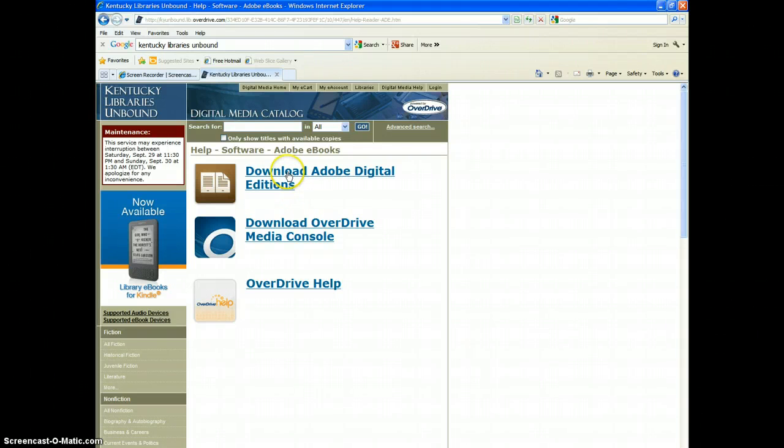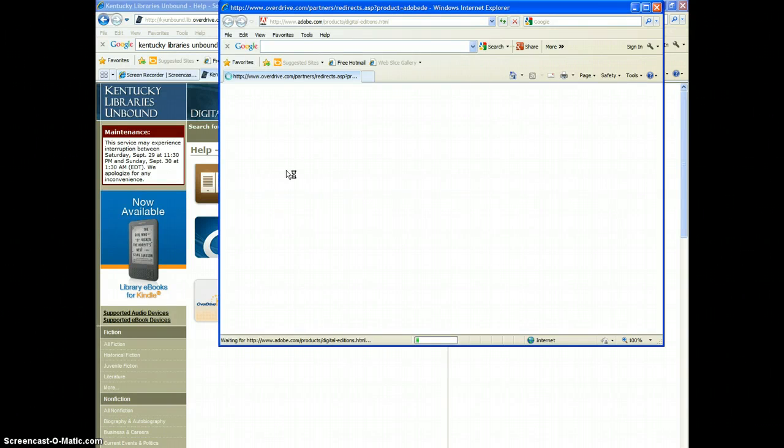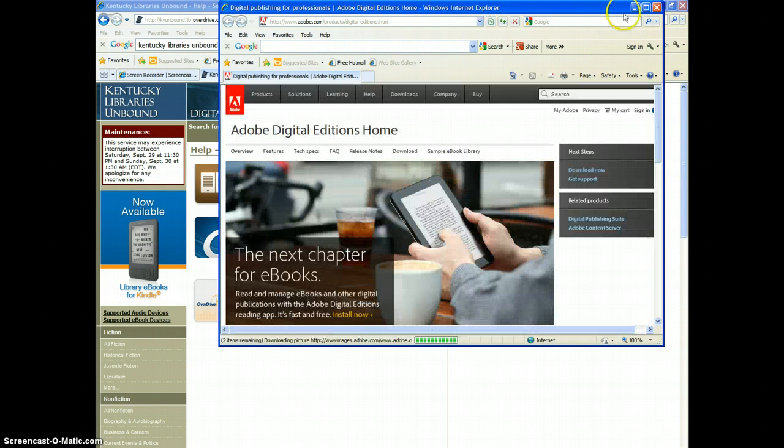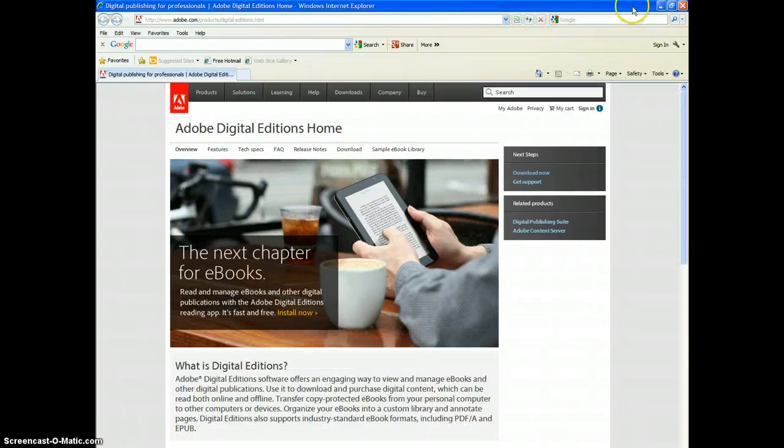It's going to have another link here, download Adobe Digital Editions, and you will click on that, and it will redirect you to Adobe's site where you can then download that. This is a different piece of software than most people think of when they think of Adobe. They think of the Adobe Reader, which helps them open PDF documents and view and save those files and transfer those files. This is actually a totally different program. It's just dedicated to ebooks, as you'll see here in their little cover photo here and the caption that goes along with that. So there's a link where you can hit download now,